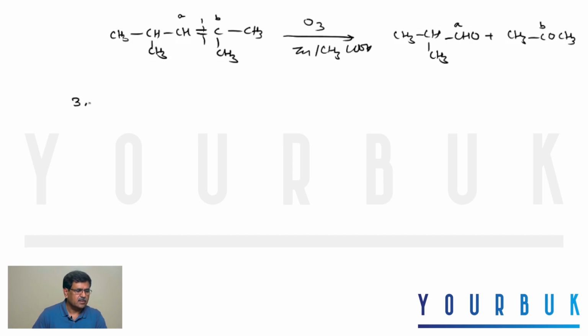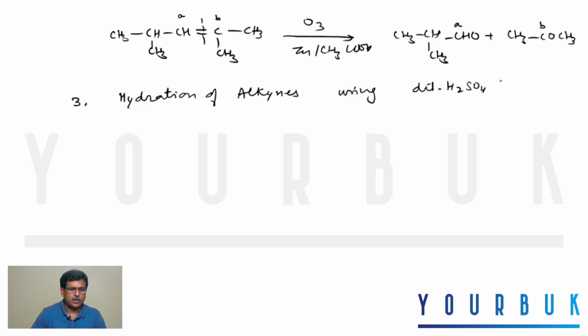Now the third method is hydration of alkynes, using dilute sulfuric acid. Dilute means water in the presence of sulfuric acid and mercuric sulfate, the mercuric ion. And remember, this condition is used only with alkynes, not with any other functional group. In this case, we have to add water. So if this is the alkyne given